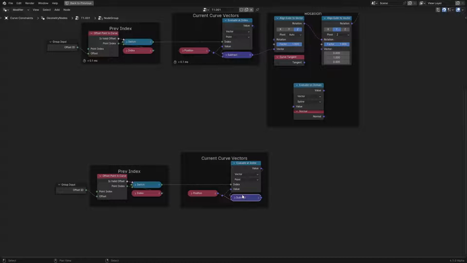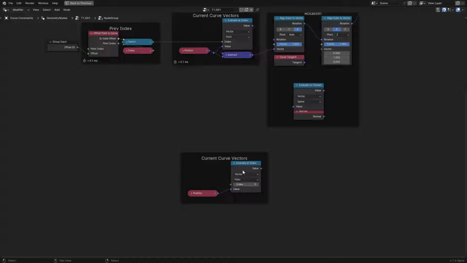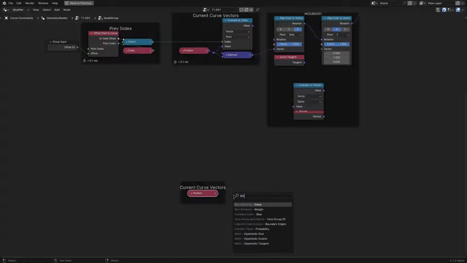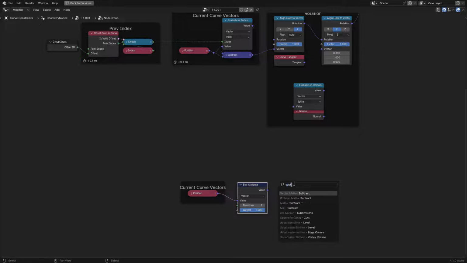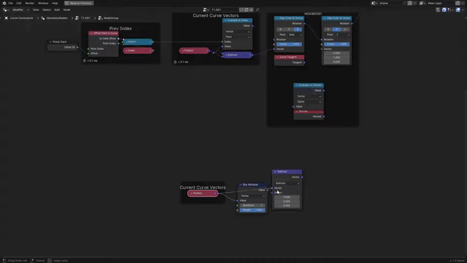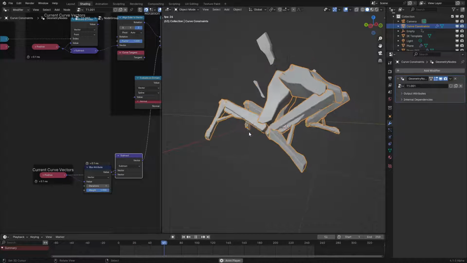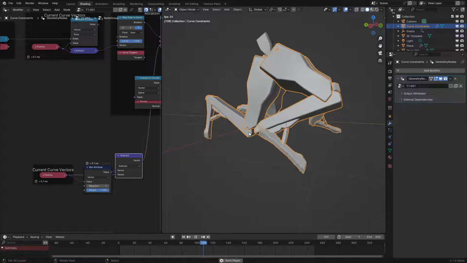Wait a minute. Let me think. Oh yeah, I'll just take the position, blur it, then subtract it by the original position. Subtract. So if we do all that, we should get something that's more consistent, which as we can see, it